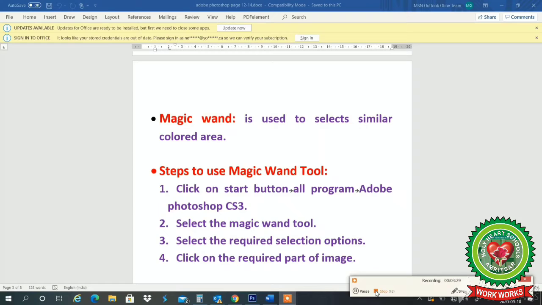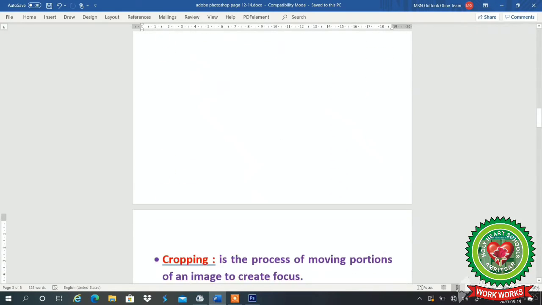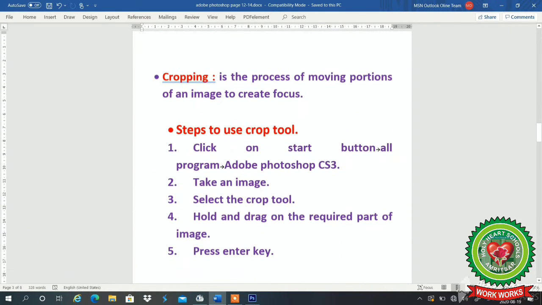With our requirement, we can choose any option and click on the required part of the image as per our requirements. Clear, students?